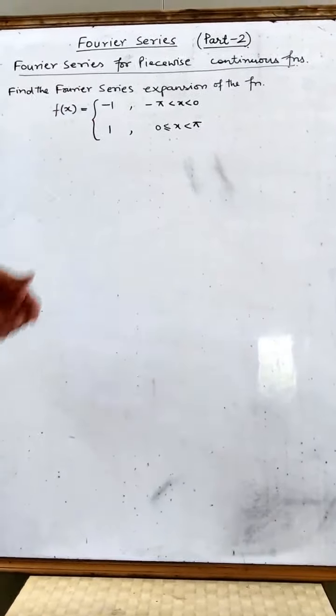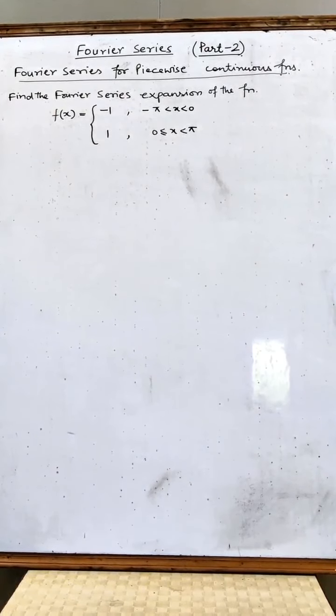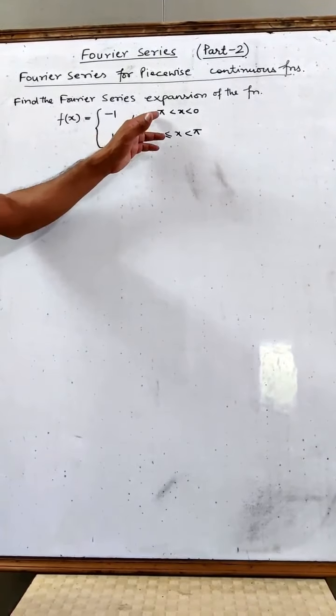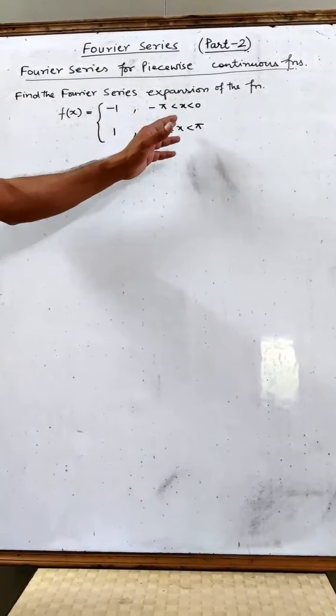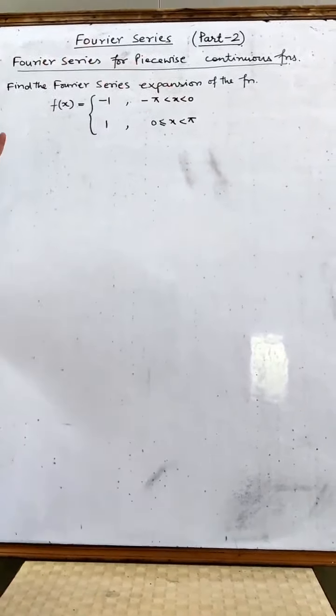But at x is equal to 0, you can easily find that the left hand limit would be minus 1 and the right hand limit would be plus 1. So it is discontinuous at x is equal to 0. And such functions are known as piecewise continuous functions. This function is continuous over the interval minus pi to pi in pieces, in 2 pieces, and it has one point of discontinuity. So we already said that the Fourier series expansion for that function f(x) is of the form